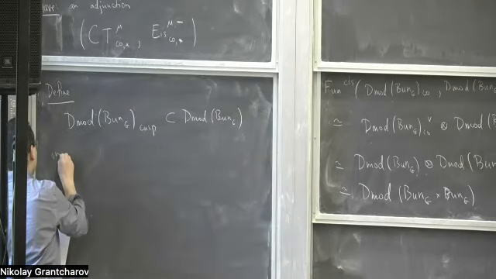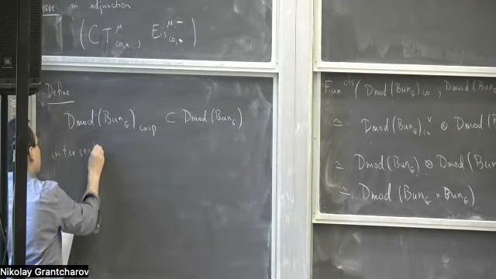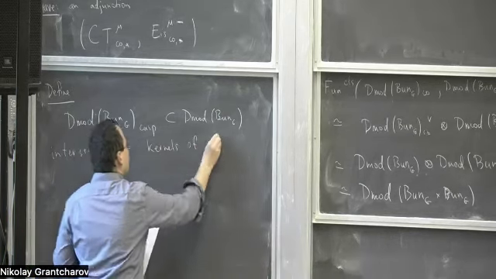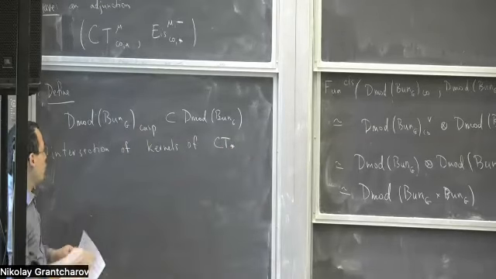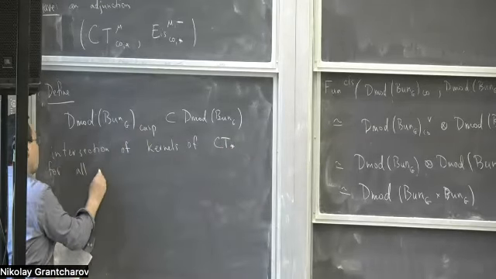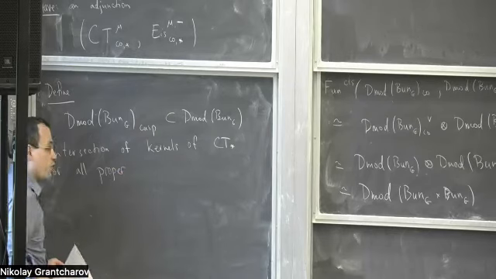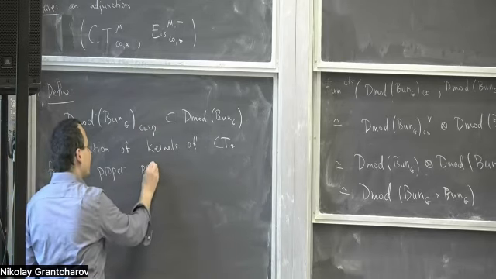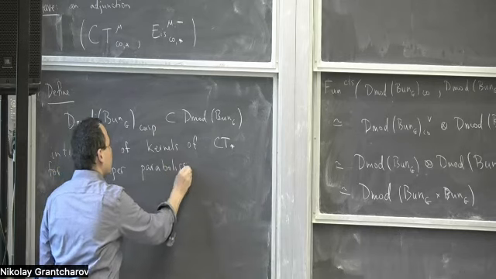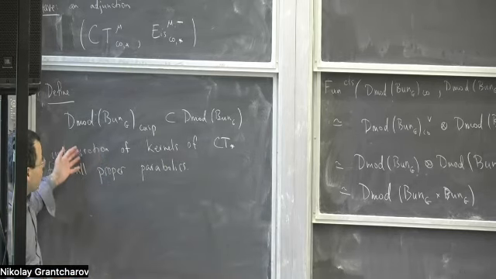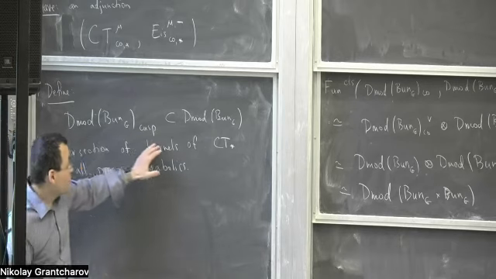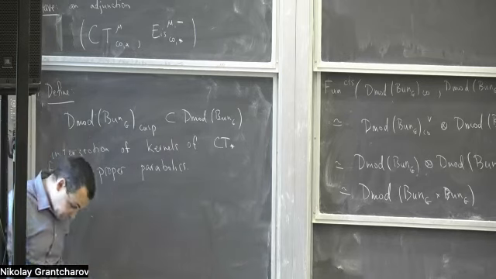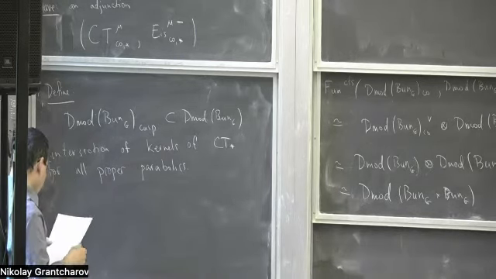defined as the intersection of the kernels of constant term star, for all proper parabolics. Of course, it's not interesting to take the whole group, B itself is a parabolic. Of course, that's not interesting. So this is the full subcategory where the constant term star vanishes for every proper parabolic. Equivalently,